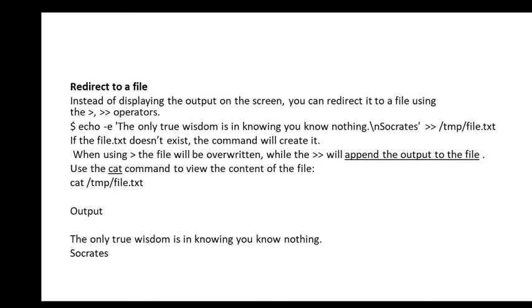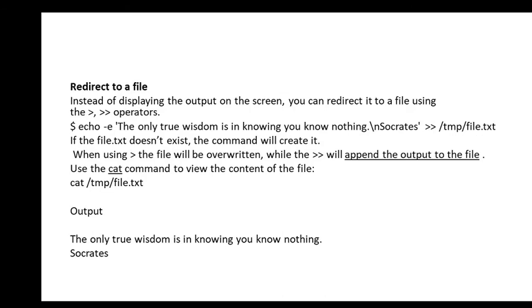Next, redirect to a file. Instead of displaying the output on the screen, you can redirect it to a file using the > and >> operators. Echo -e, "the only true wisdom is knowing you know nothing". If the file does not exist, the command will create it.